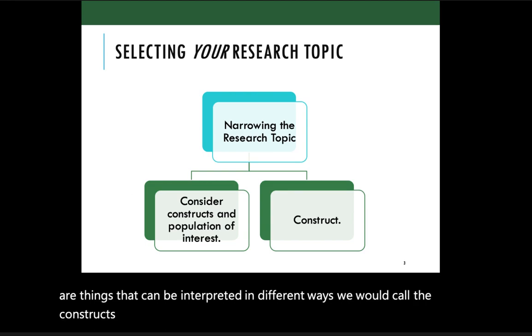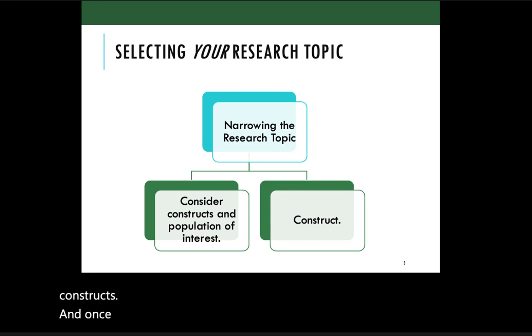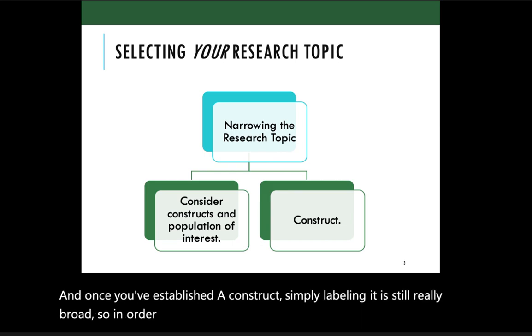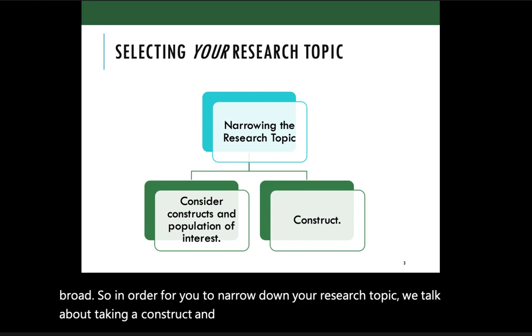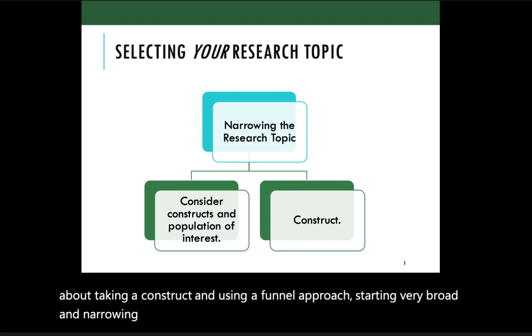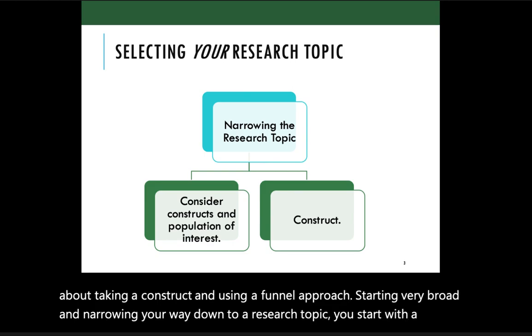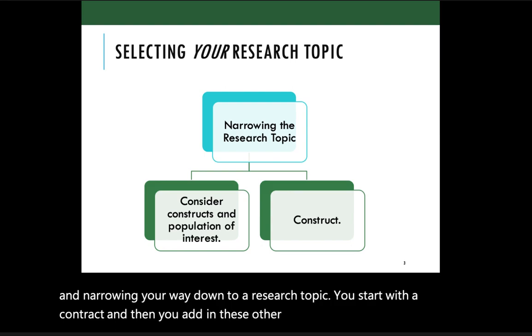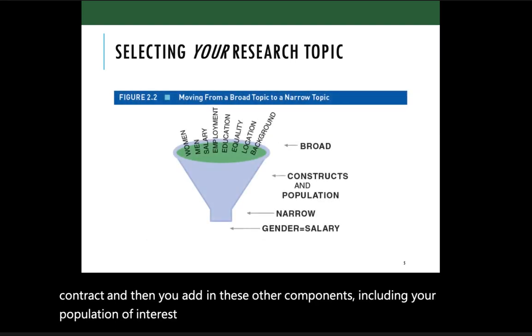And once you've established a construct, simply labeling it is still really broad. So, in order for you to narrow down your research topic, we talk about taking a construct and using a funnel approach, starting very broad and narrowing your way down to a research topic. You start with a construct and then you add in these other components, including your population of interest. So, a good example is